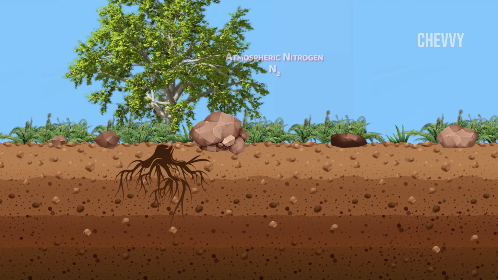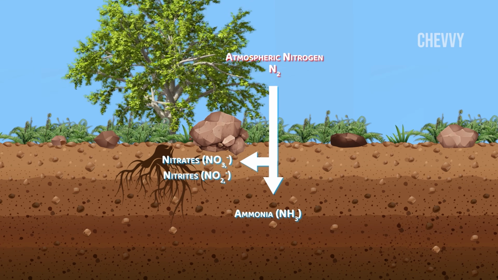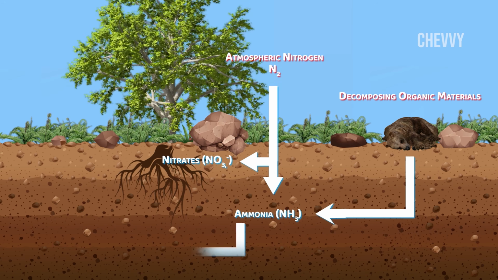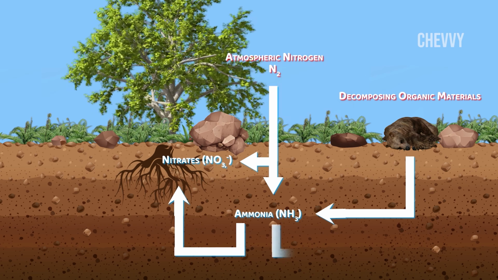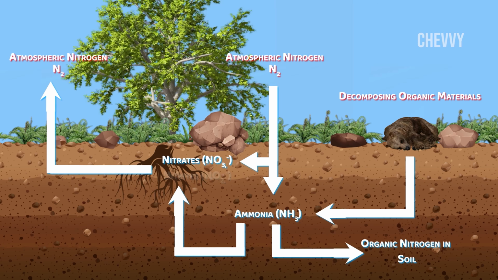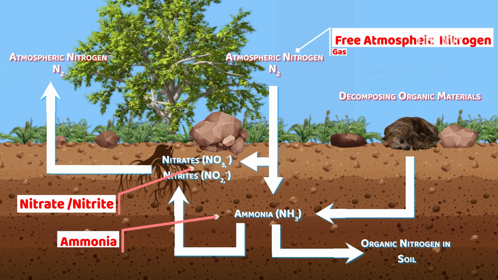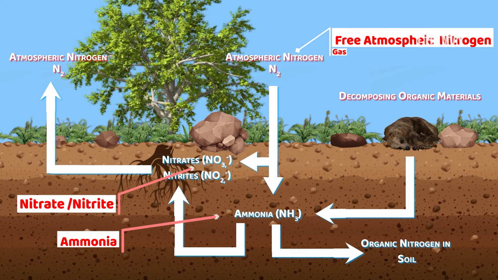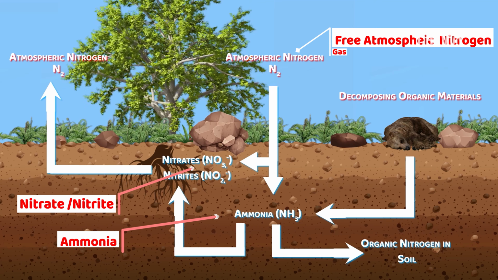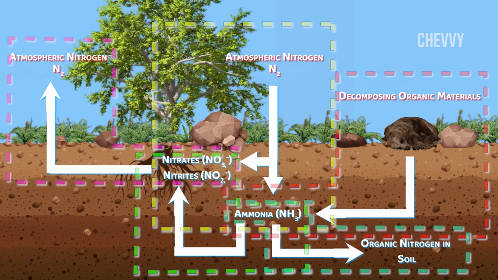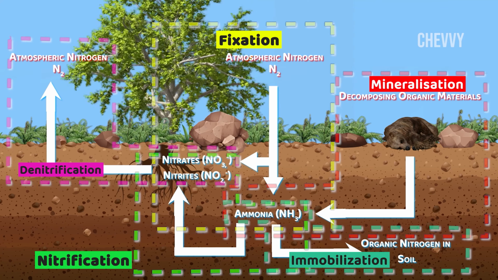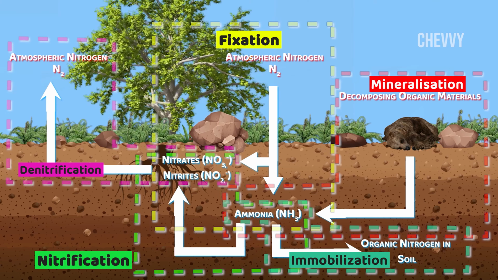The nitrogen cycle is a cyclical process by which nitrogen passes through living and non-living things, including the atmosphere, soil, water, plants, animals, and microorganisms. Nitrogen must change its forms at different stages of the cycle. Nitrogen exists as a gas in the atmosphere, but in soil it occurs as nitrogen oxide and nitrogen dioxide, and when used as fertilizer, in other forms such as ammonia or ammonium nitrate. There are 5 stages in the nitrogen cycle: fixation, mineralization, nitrification, immobilization, and denitrification.